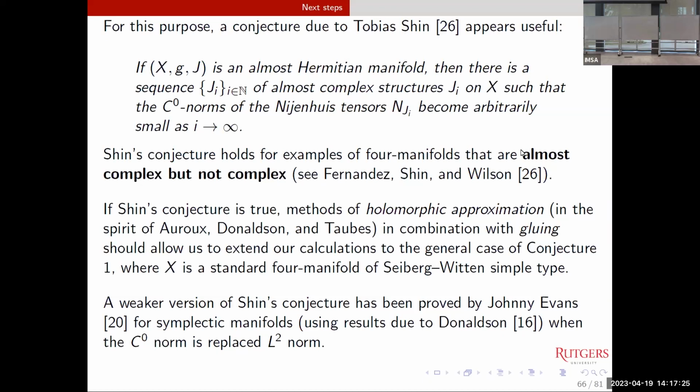There's also a weaker version of this conjecture that's been proved by John Evans using results of Simon on existence. But it's much weaker for various reasons, but one reason is that the C0 norms. All right, so I think this is